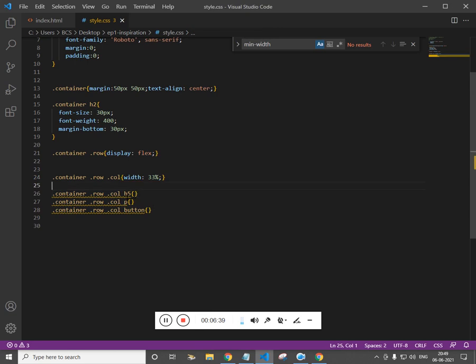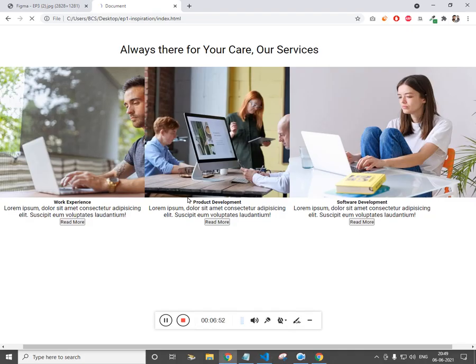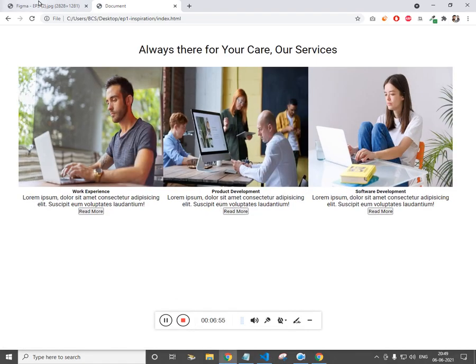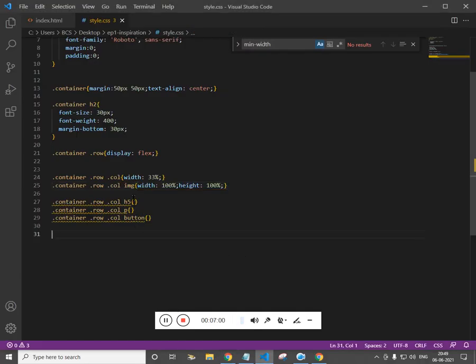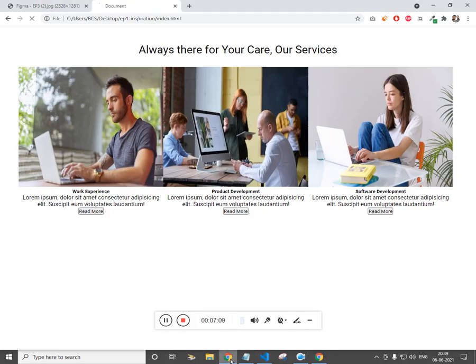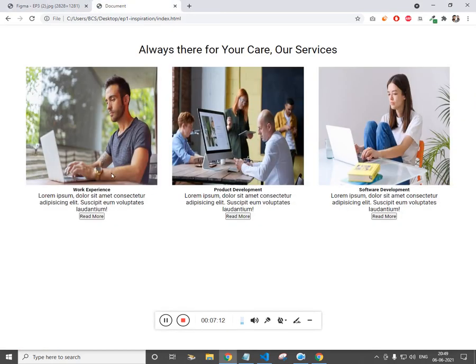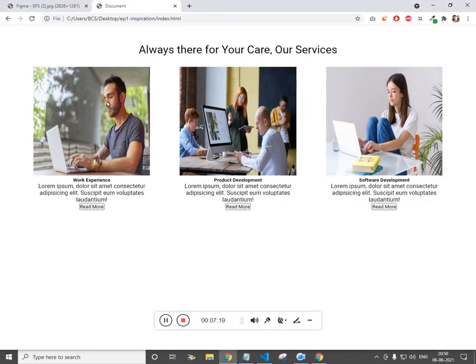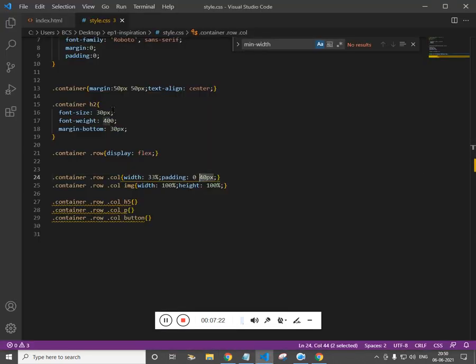and we have an image inside the column. Let's add the width of 100% and height of 100%. Cool. Now you see we need some space, so to add some space what we can do is get the column and have the padding top and bottom 0, left and right 20 pixel. Cool. If you want even more, you can make this 40 pixel. I think 30 pixel would be right.